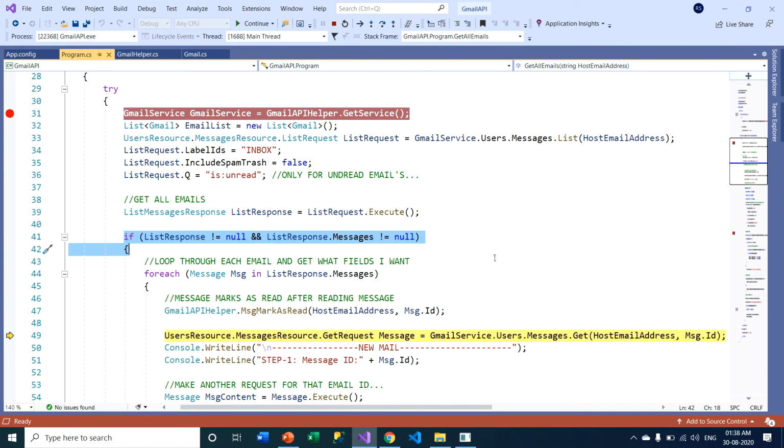But by the way, I want to tell you one thing: only 100 mails are read at a time. That means if my application fetches from the Gmail server one time, it retrieves a maximum of 100 mails, and the next time my application fetches from the Google server, it will retrieve another 100 messages. Why this limitation?